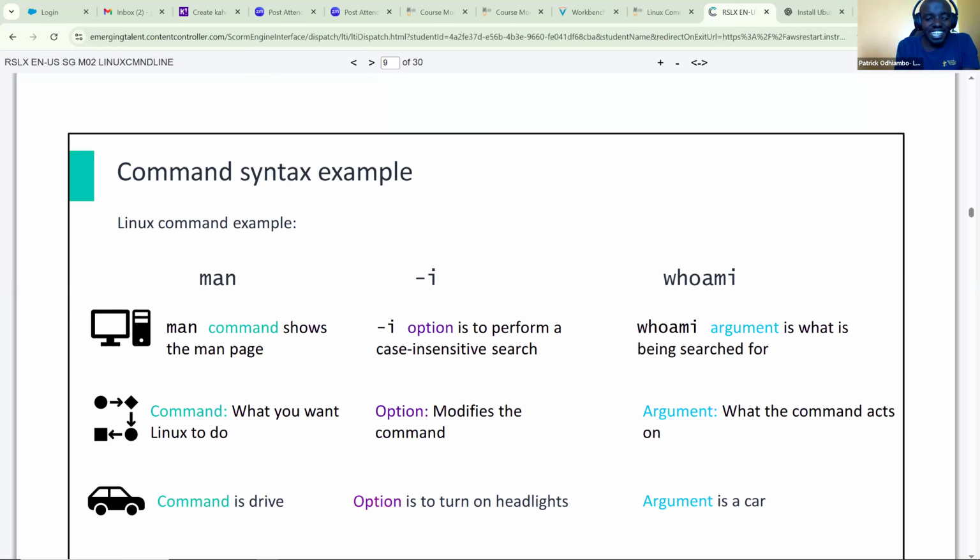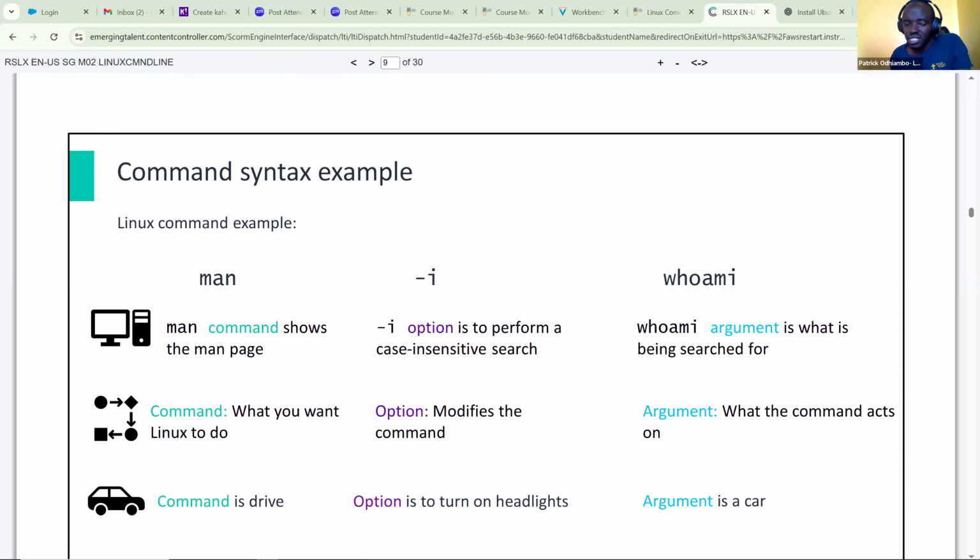Man -i whoami. So what the man command does is show the help documentation for other Linux commands, and then the i option, the i flag.